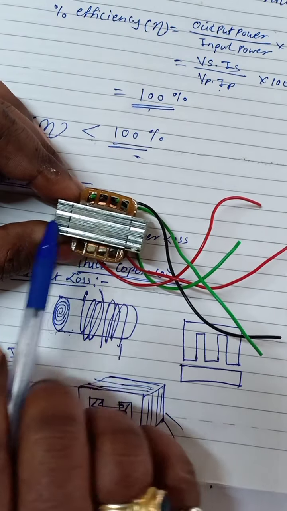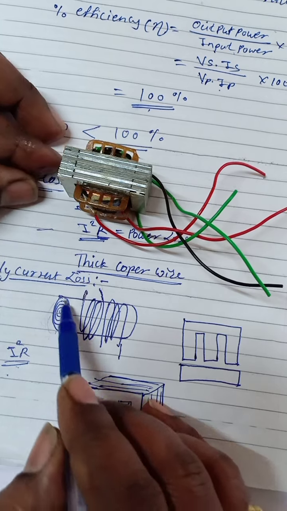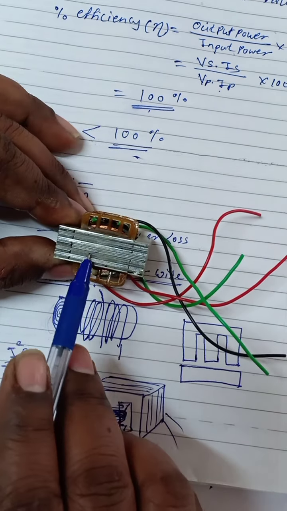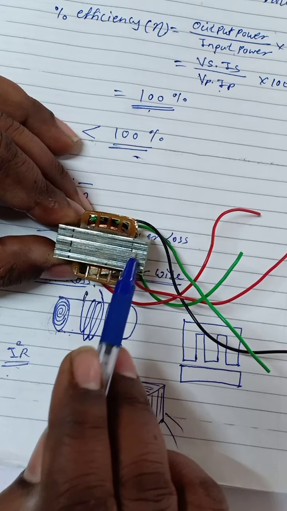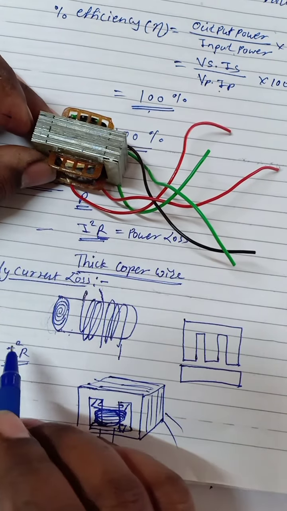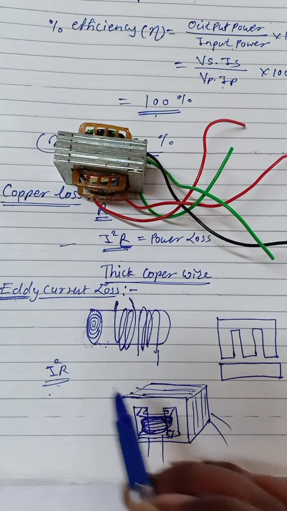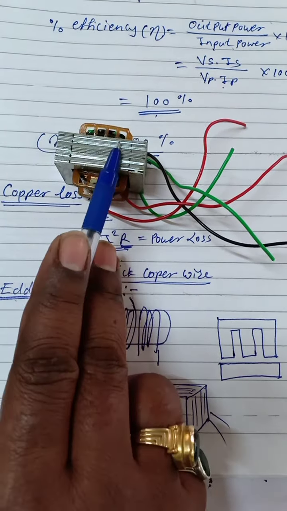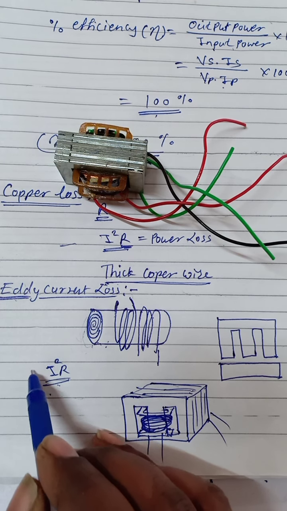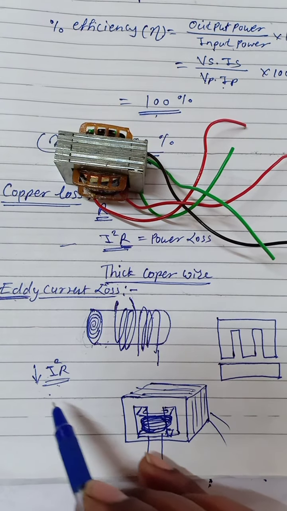The reason these laminated sheets are used is that the cross sectional area is very small, so only a very small eddy current rotates in those plates. So the eddy current is decreased because of this structure. We get an iron core, but the cross sectional area is very small, so we reduce this eddy current and we reduce the eddy current loss.